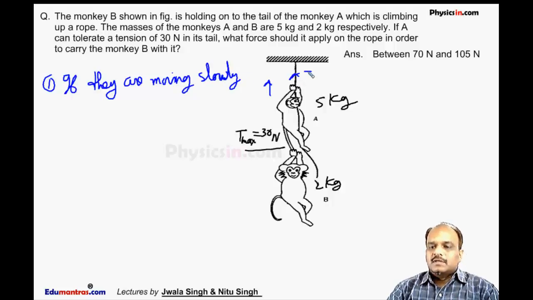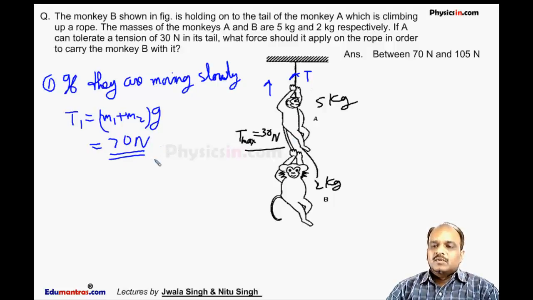If the monkeys are moving slowly, then the tension T1 is equal to (M1 plus M2) into g, that is equal to 70 Newton. M1 is 50 and M2 is 20, so 50 plus 20 is 70 Newton. If the monkeys are moving slowly on this rope, the tension in the rope is 70 Newton. But if they are accelerating,